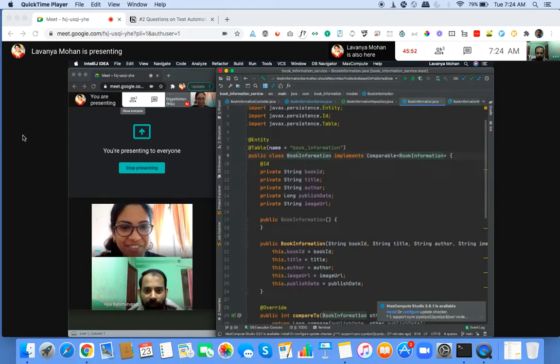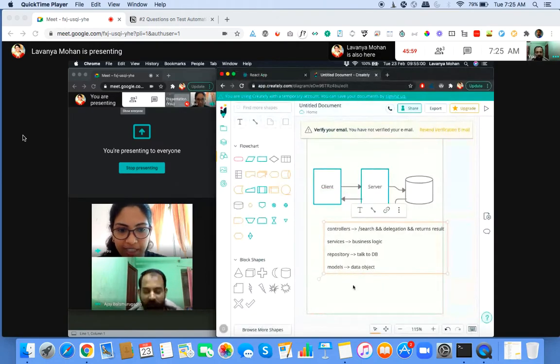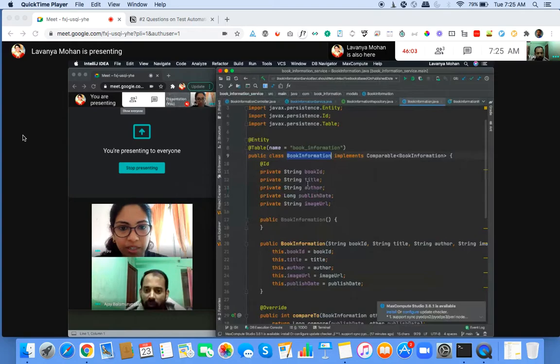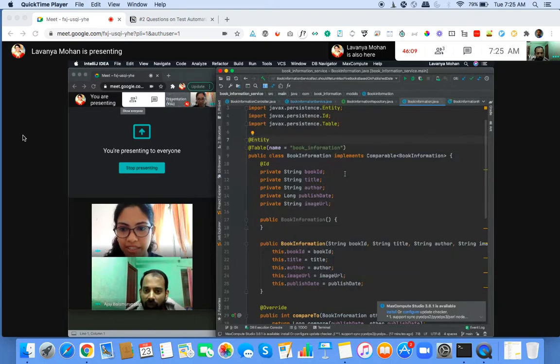Okay. So this model that we just spoke about, which is basically this particular layer, we said it is just a data object. So what does that mean? Well, it is actually just a representation of the things that we receive from the database. So we're just saying it has a book ID, which is our ID.